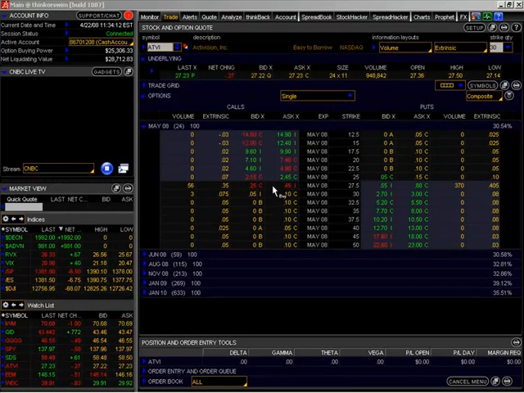Does that mean we're going to be profitable every month? Maybe not. Maybe we will. The important point to think about is that we really want to have a monthly income stream. In order to generate a monthly income stream, we're going to be using options as our primary trading vehicle.